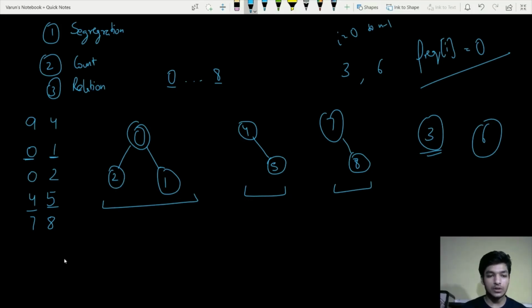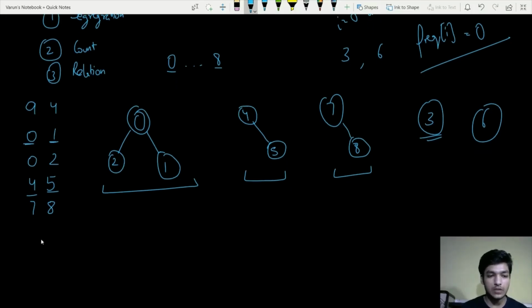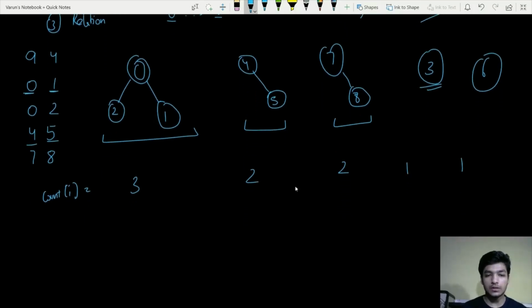So if we follow the depth first search algorithm, let's store the count in an array. Here the DFS would give the count as 3, here it would give us 2, and here it would give us 2. Now 3 and 6 are not present in the graph. So for each element in the frequency array with 0 frequency, we'll simply add 1 in the count array. So we'll add 1 for 3, and we're adding 1 for 6. So these are the counts we have got for the astronauts that belong to one particular country.